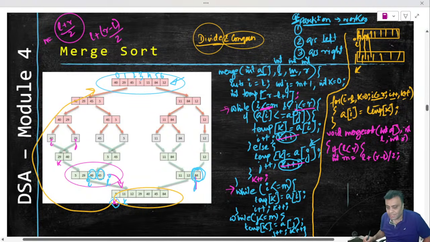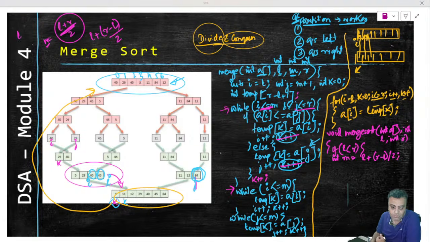Okay, so this is an important question for you to understand. I'm not sure if in your class this has been told, but when you are doing L plus R by 2 to calculate a midpoint, then this L could be an astronomically large number. Adding R to it will make this astronomically still larger. So you might exceed the bounds of an integer, or you might exceed the bounds of a long. So L plus R will exceed the bound for that particular data type, and it becomes out of bound.